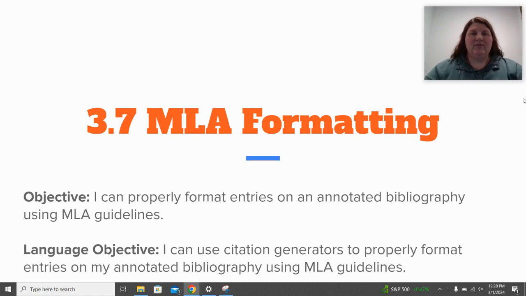Lesson 3.7 MLA formatting. Our objective is to properly format entries on an annotated bibliography using MLA guidelines. And our language objective is I can use citation generators to properly format entries on my annotated bibliography using MLA guidelines. There are some words in these objectives that I know you are unfamiliar with. We'll talk about what citation generators are, and we will talk about what MLA is and what MLA guidelines are